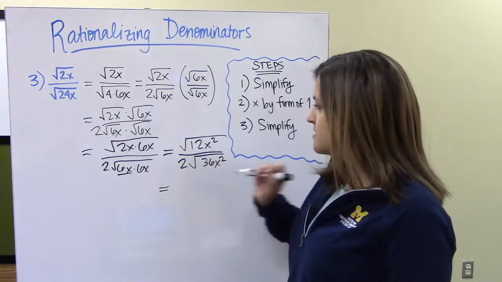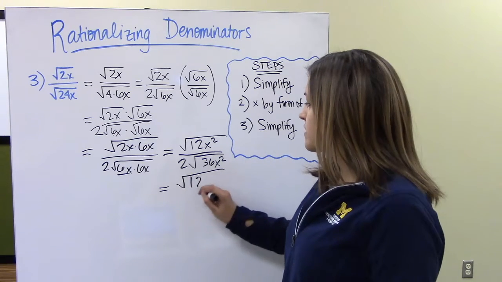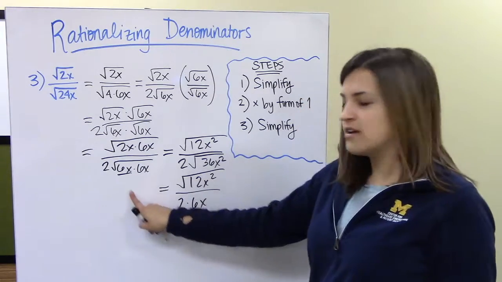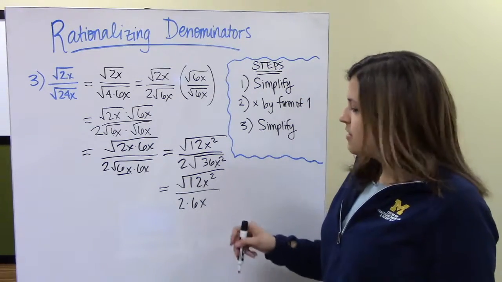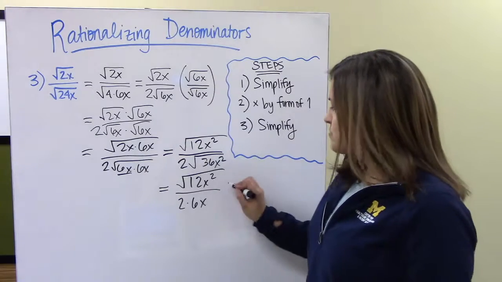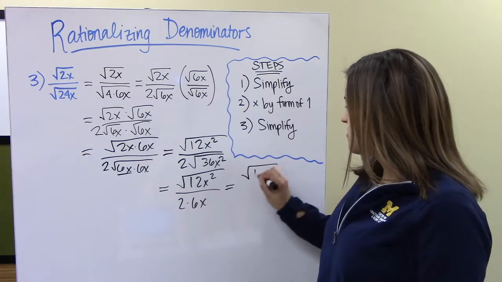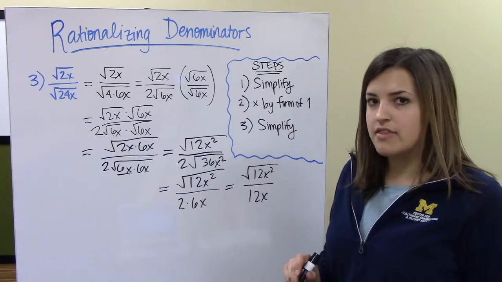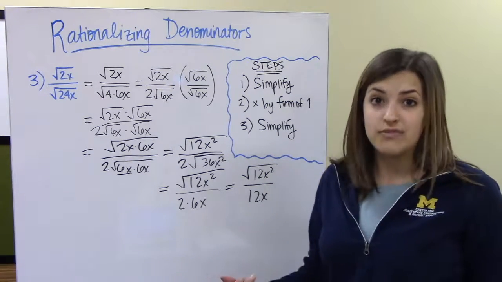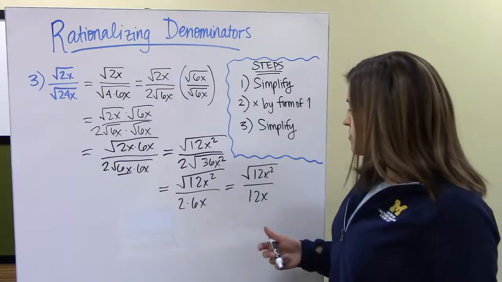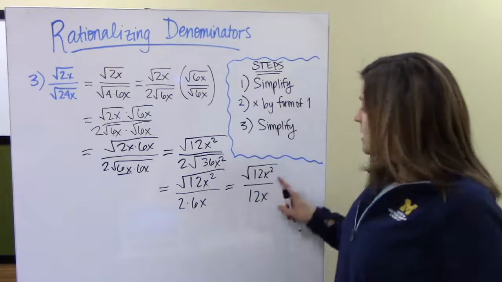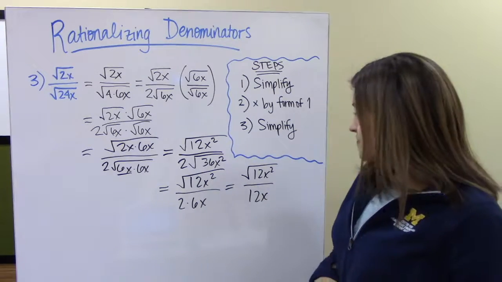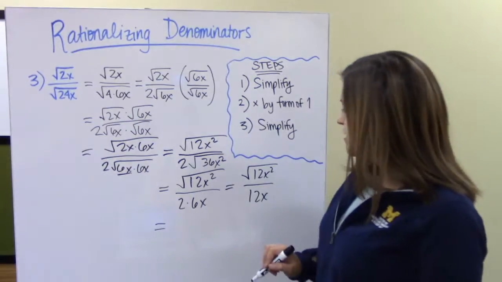So let's rewrite this down here. I have the square root of 12x squared, and on the bottom I have 2 times 6x. See that there? It comes right out. All right, now let's rewrite this with multiplication. So the square root of 12x squared over 12x. And now let's move on to that third step. The third step is to simplify again if we can. Up until now we haven't been able to, but here I think we can. That top, the square root of 12x squared, can be factored into something further. So let's rewrite it down here, and I'm going to pull a